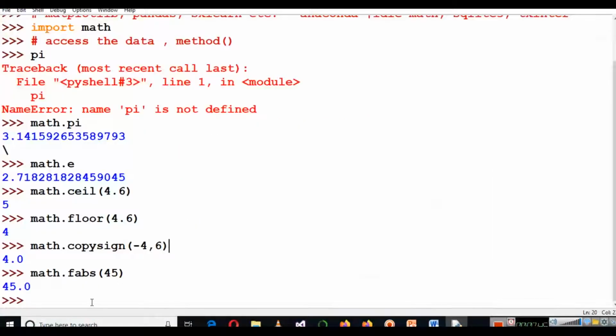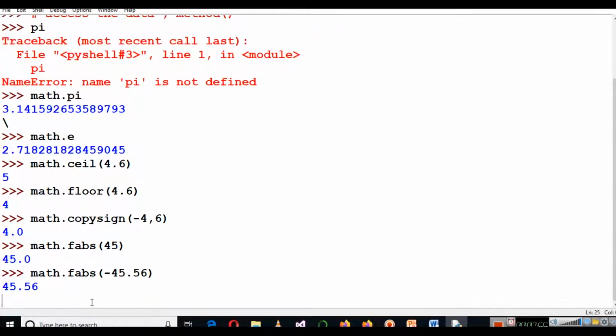For example, math.fabs, I am writing -45.56. So you will get 45.56. So this is the work of the fabs method. It returns the absolute value, or you can say it always returns a positive value.